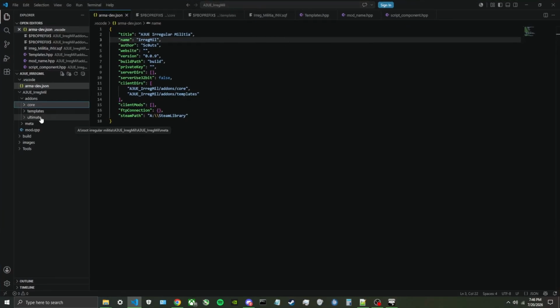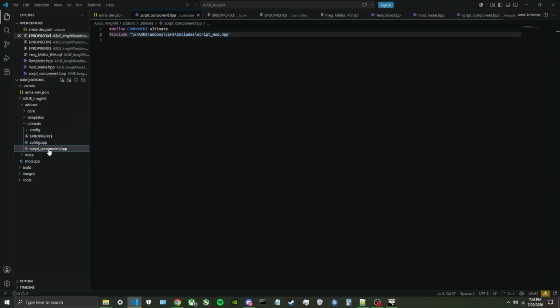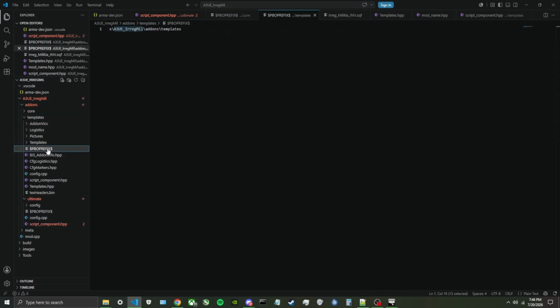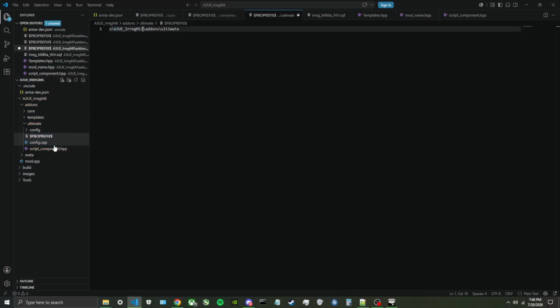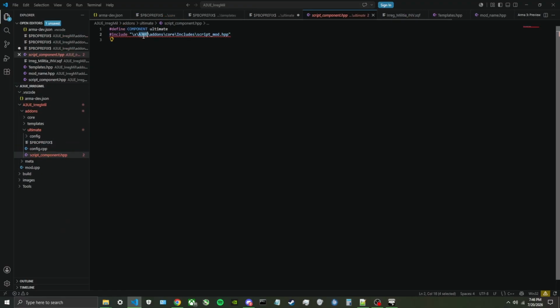So we go into ultimate, and we need to make sure that the PBO prefix and the script component underscore HP or script underscore component HPP matches our ones from template and core. So that's going to be A3UE underscore arrig mil. So I'm going to go ahead and copy that. I'm going to go over here, and I'm going to paste that into the PBO prefix and into the script